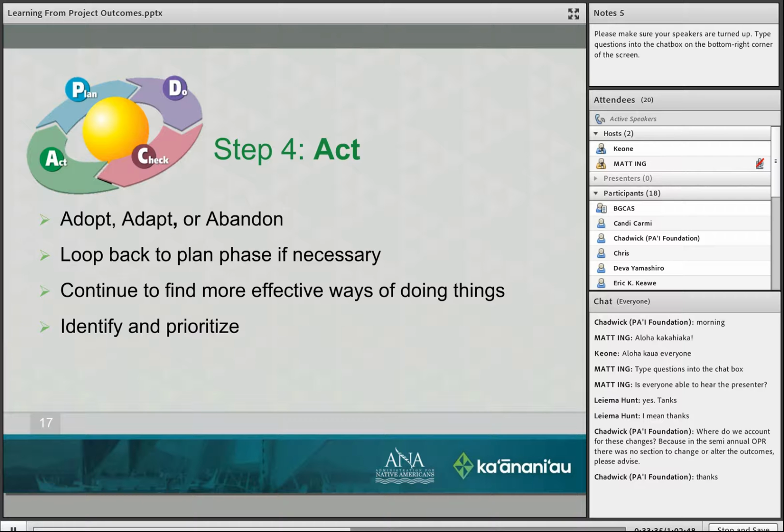Again, this is necessary in order to do a very good evaluation of what is going on in your project, in your activity, to successfully produce an outcome that will be good for your community and your organization.